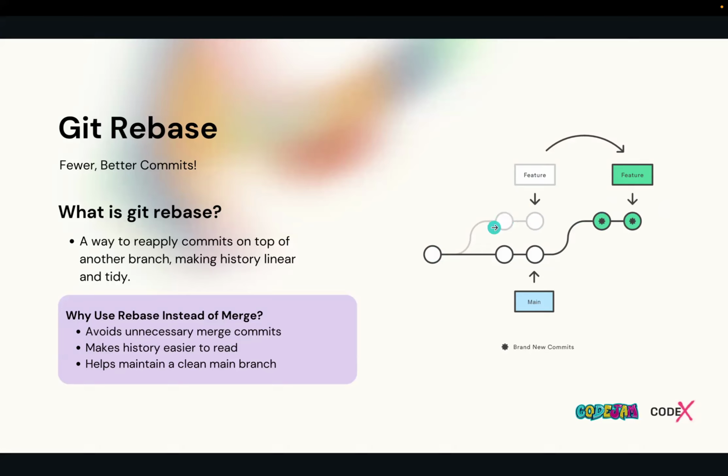This commit will disappear, these two commits will disappear, and instead two new commits are created with new commit hashes on top of the current changes of the main branch. These will remain the same, but the changes made in your local branch will be applied on top of that with new commit hashes.